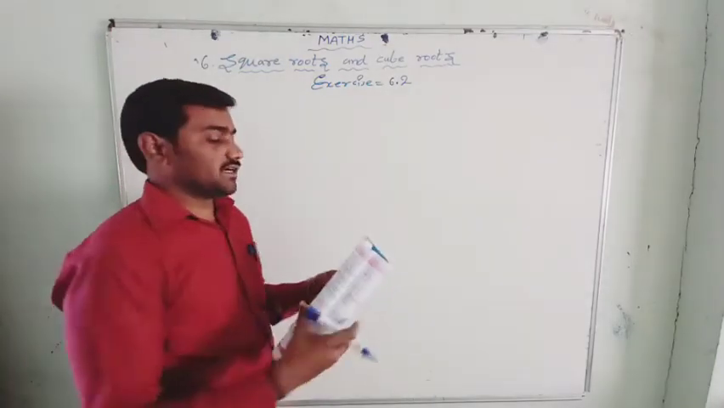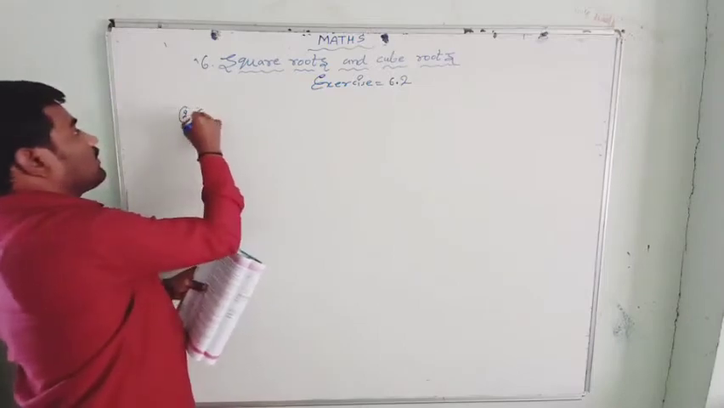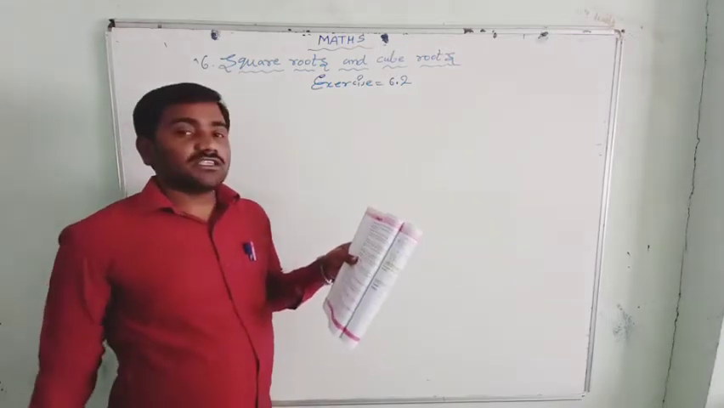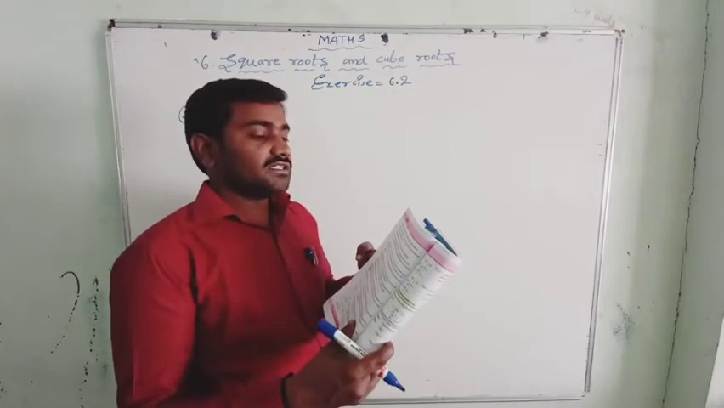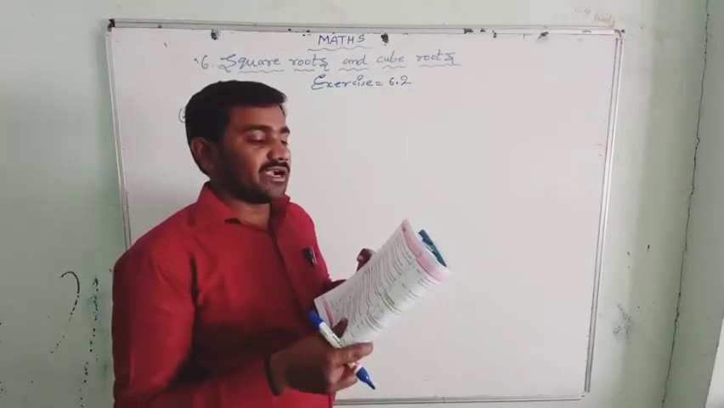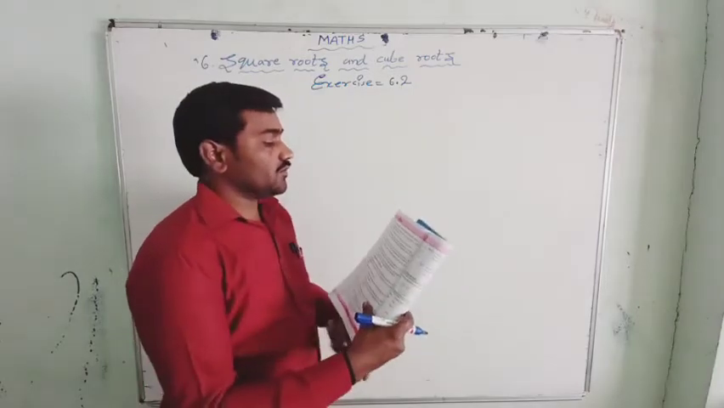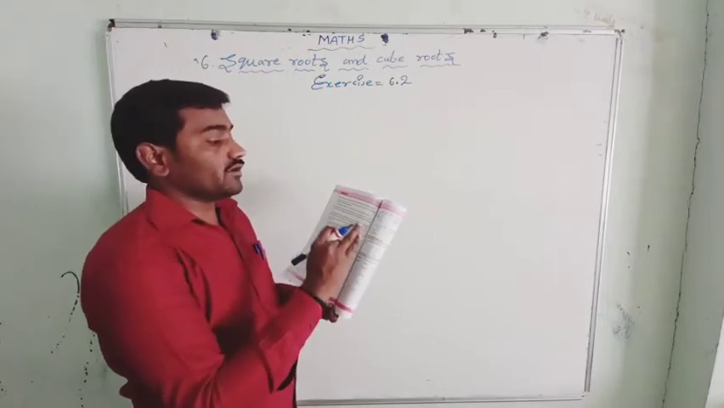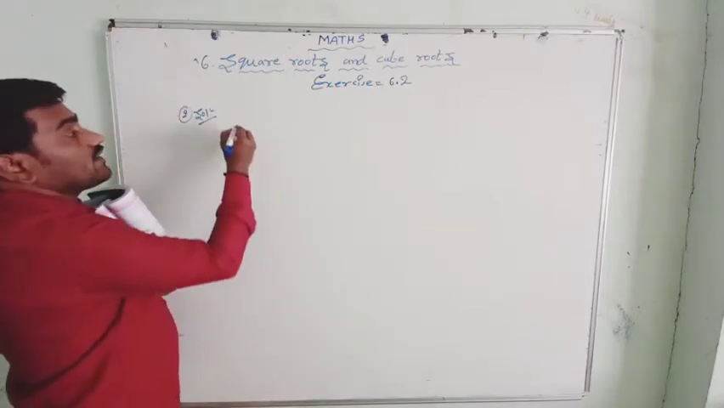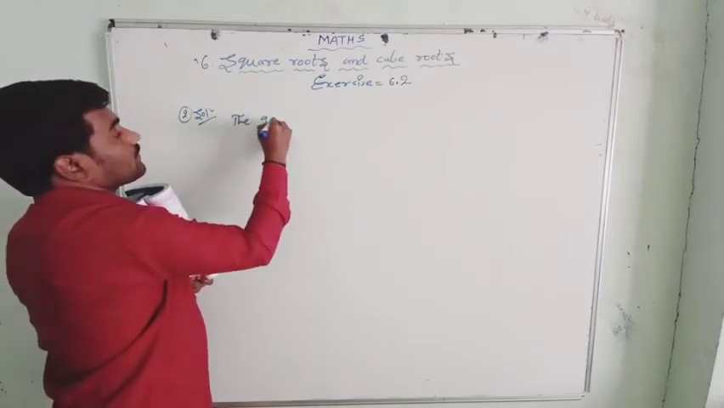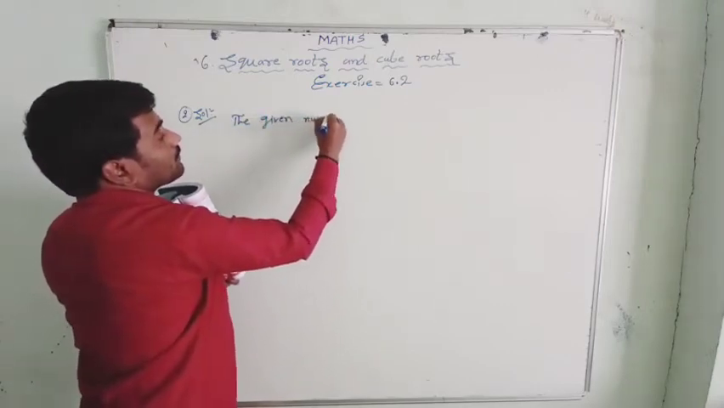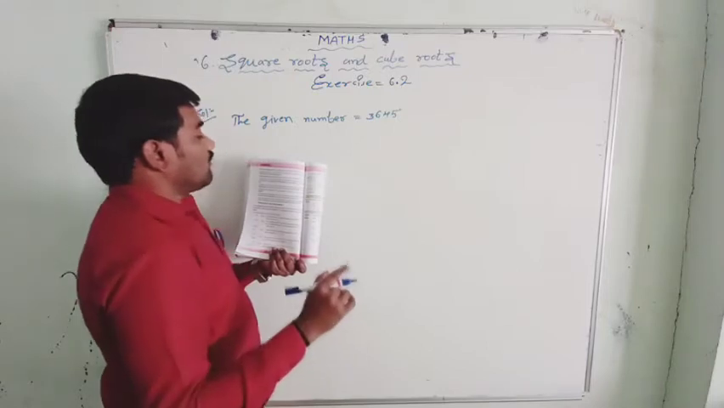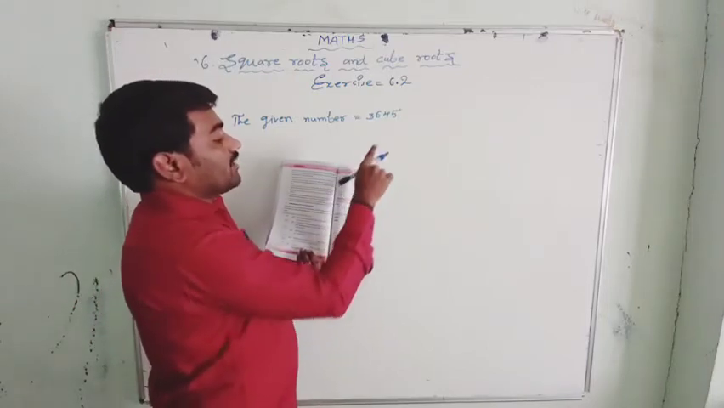Find the smallest number by which 3645 must be multiplied to get a perfect square. So find the smallest number by which 3645 must be multiplied to get a perfect square. So let's see, the given number is equal to 3645. Find out what is the smallest number we have to multiply to this to get